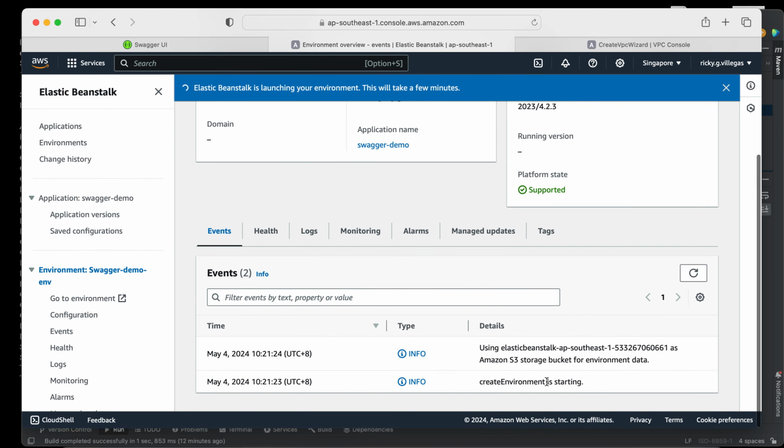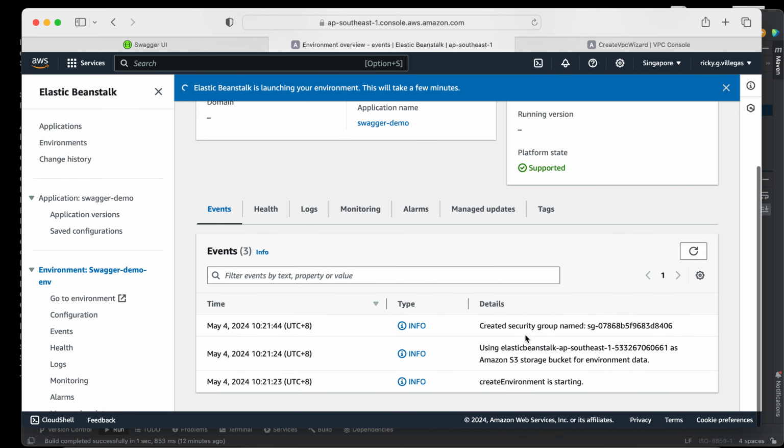So you can see the steps here. Just refresh. First, it creates the environment. Second, Elastic Beanstalk also creates an S3 storage for our environment data. Then a security group is created also. This is the name of our security group.